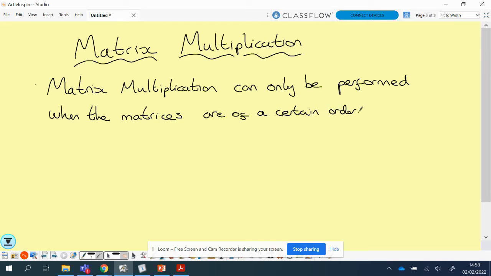Specifically, it doesn't work for all cases in all matrices, but specifically,